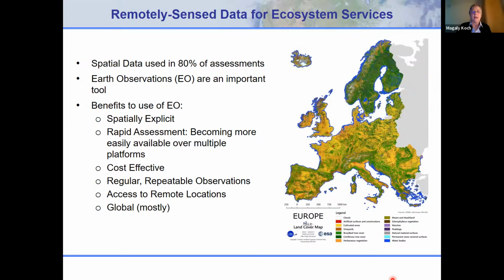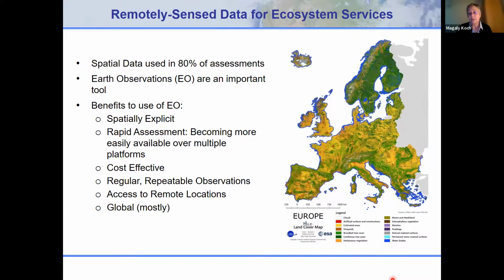You basically are dealing now with maps or spatial data, and so these spaceborne or satellite-derived data sets are nowadays a big component of any